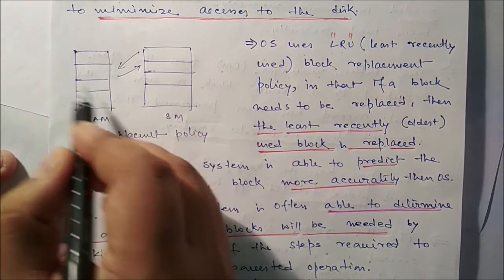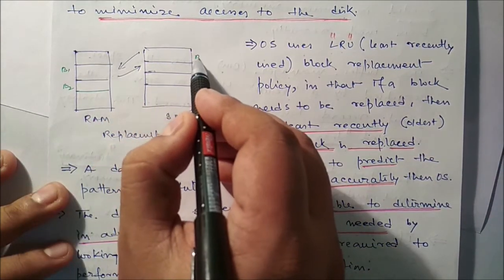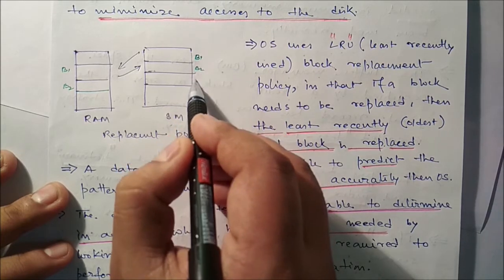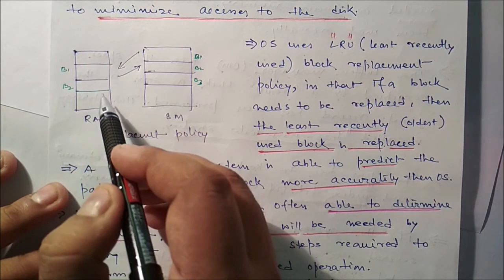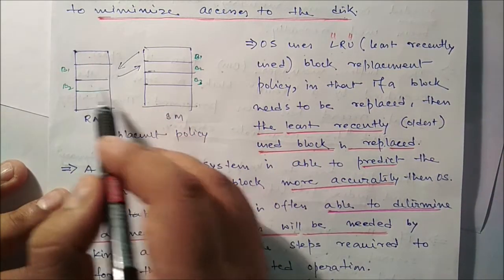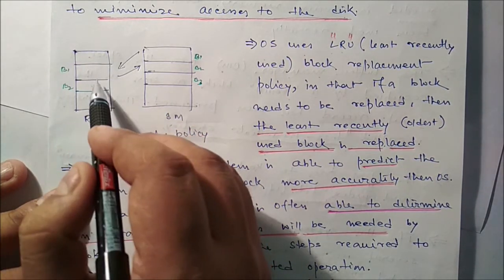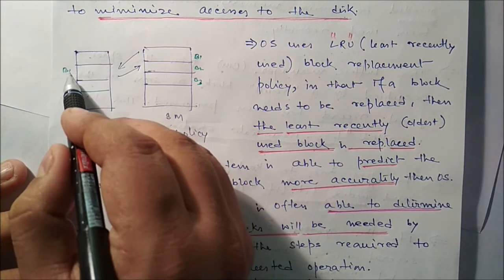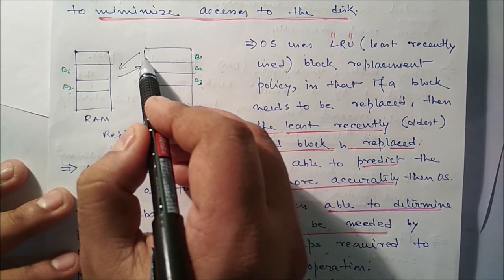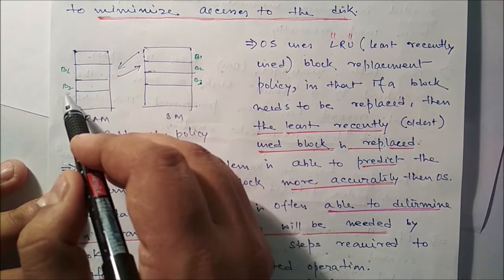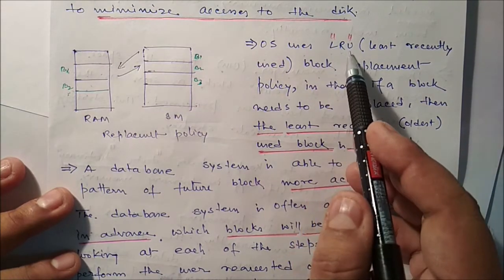Suppose two blocks are there, say B1 and B2, and B3 is also there. The buffer can accommodate only two blocks, B1 and B2, and at that time suppose B3 needs this particular space, or you want to transfer it. So we have to create a vacant space. Suppose B1 is older than B2, so transfer B1. Are you getting this one? But if B2 is older than B1, then transfer B2. So this particular concept is called least recently used.